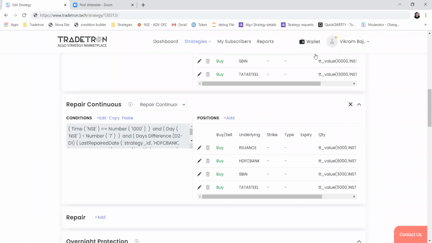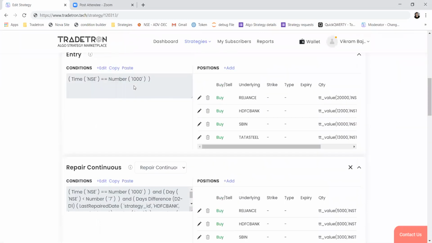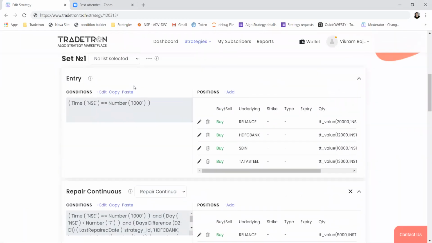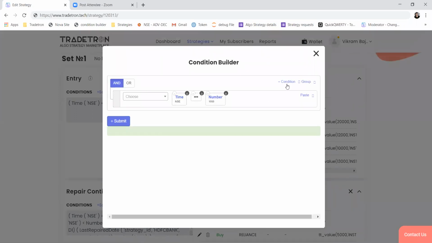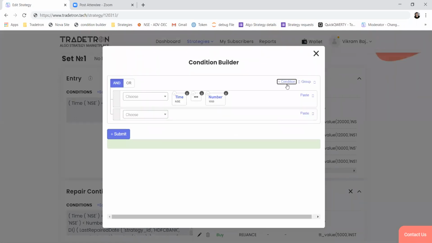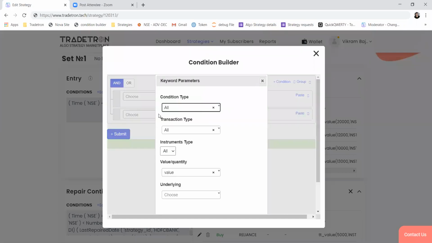What if I want to trail profits, like 10% for individual SL? For that, of course, the first thing is you have to restrict: if you're booking a profit in any particular stock, then you want it should not take trades again. Then we will use position detail as the keyword here.